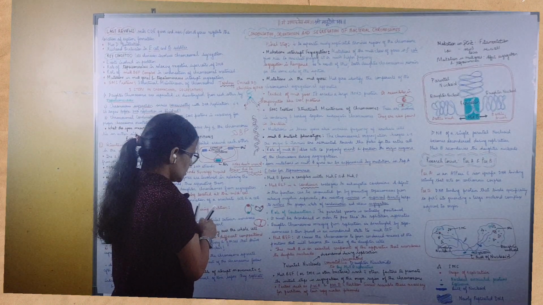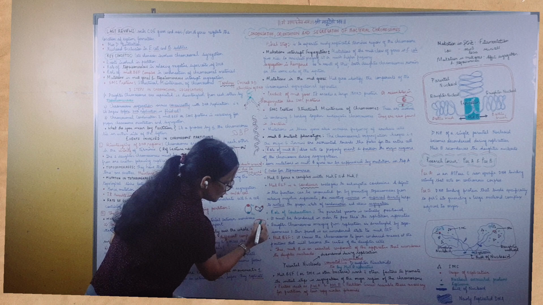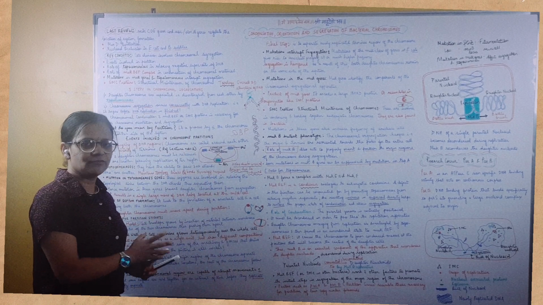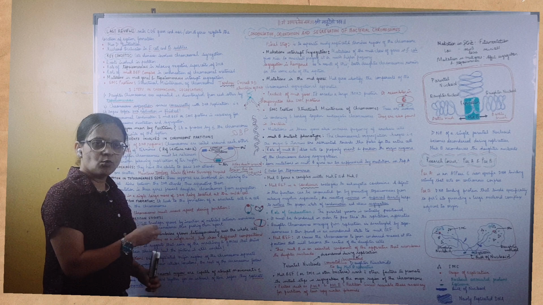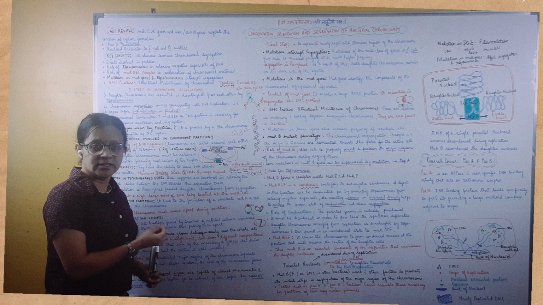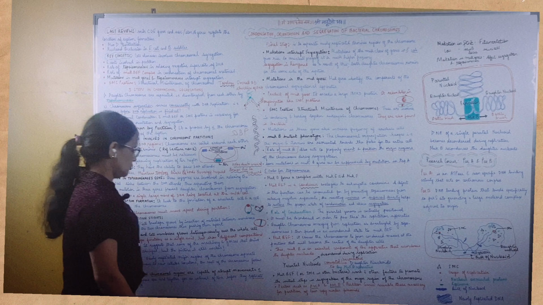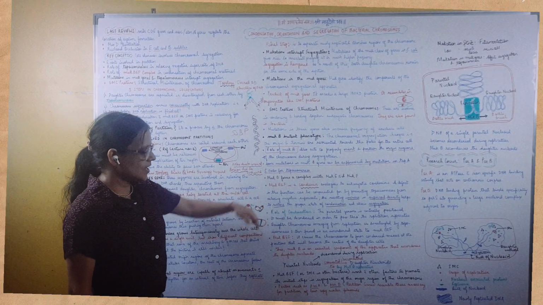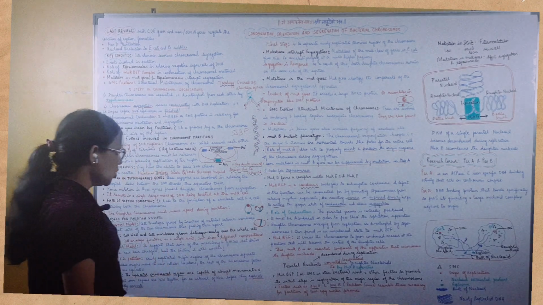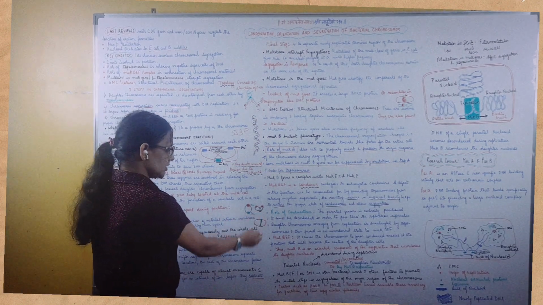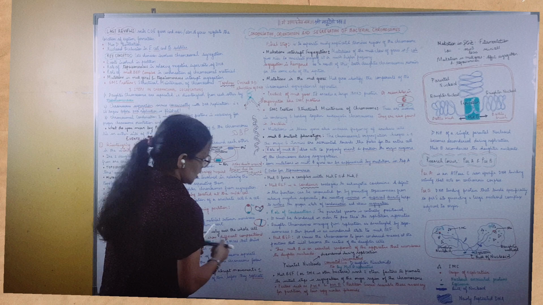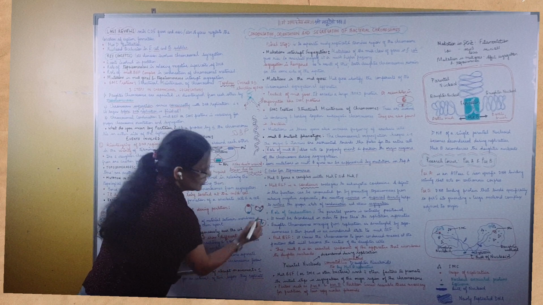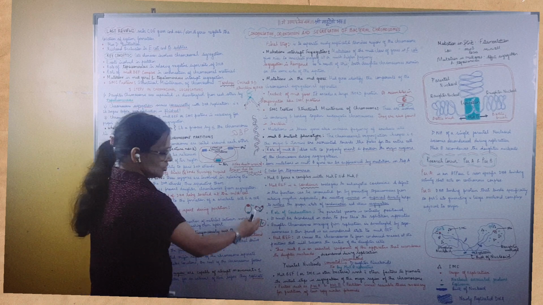But here this invagination takes place by deposition of material. So there is some cell wall. In the previous lecture I have covered that you have the cell wall synthesis material, that is peptidoglycan. Peptidoglycan takes place over here. So peptidoglycan material is synthesized and added over here, in between the membrane. Now you have the chromosomal material lying on the two sides of the membrane. So this is a membrane where the septation has occurred.